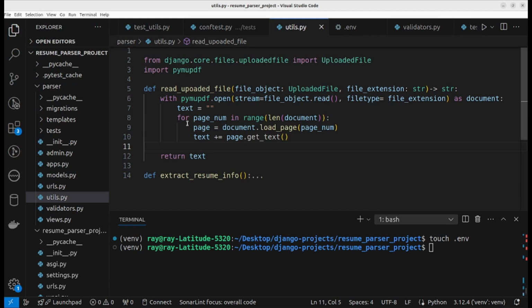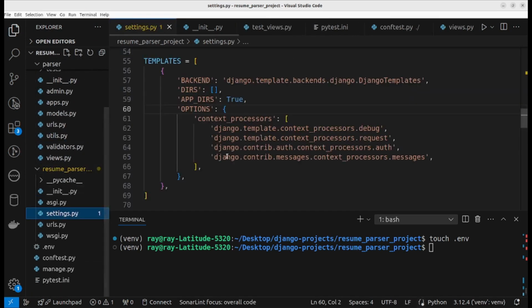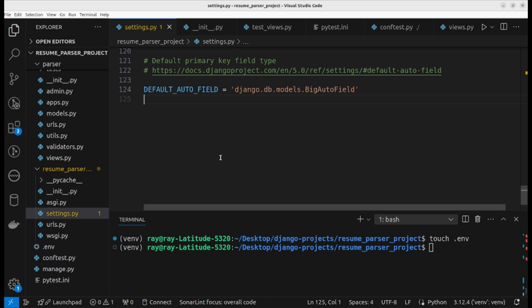Now I'm going to keep the credentials in the settings file. Let's look for the settings file. This is the settings file. That way you can easily know the credentials used in the project. We have three credentials: